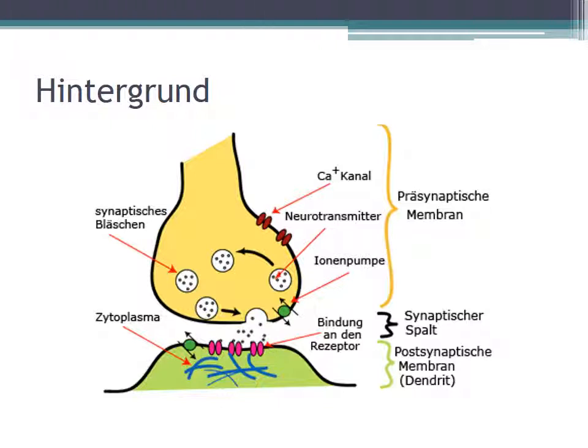And so once an action potential, so stimulation, comes down the membrane, voltage-gated calcium channels open. And then this causes the vesicles of the membrane to fuse and let go of the transmitter, which diffuses into the synaptic cleft and then down to the receptor, where it can either open ion channels right away, or they can function via a second messenger system. And then, after they had their effect on the receptor, they're recycled and taken up into the presynaptic terminal again.